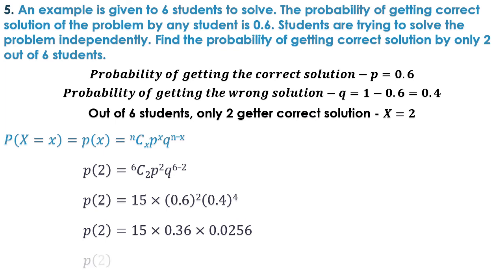0.0256. When you solve this, you get 0.1382. So my dear friends, that's your answer. Okay, so the probability that only two students get the correct answer out of the 6 students is 0.1382. Okay, so with this I end my chapter here,